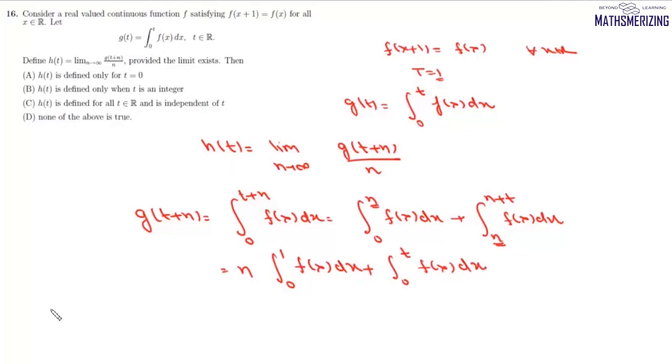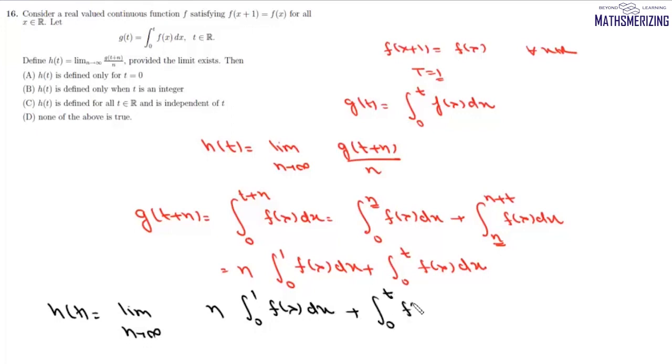So we can write this function h as this limit n tends to infinity of (n times the integral from 0 to 1 of f(x) dx plus the integral from 0 to t of f(x) dx) upon n. Now we split it in two parts. This n and n will cancel and 1 upon infinity will be 0. So this h(t) will be nothing but the integral from 0 to 1 of f(x) dx,